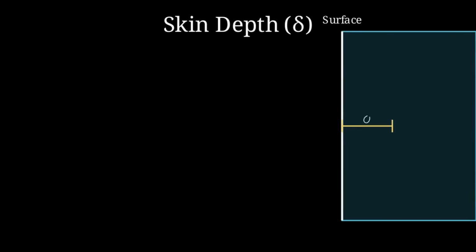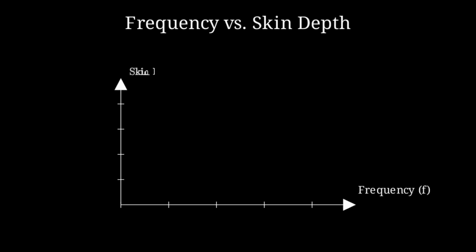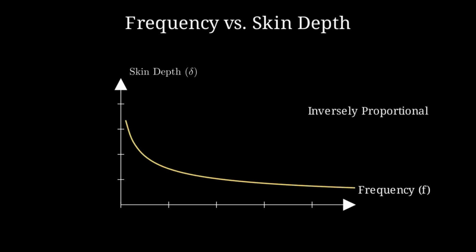We measure this phenomenon using the skin depth, represented by the Greek letter delta. This is the depth at which the current density has decreased to approximately 37% of its value at the surface. The skin depth is inversely proportional to the square root of the frequency. As the frequency of the AC signal goes up, the skin depth becomes smaller, and the current is squeezed into